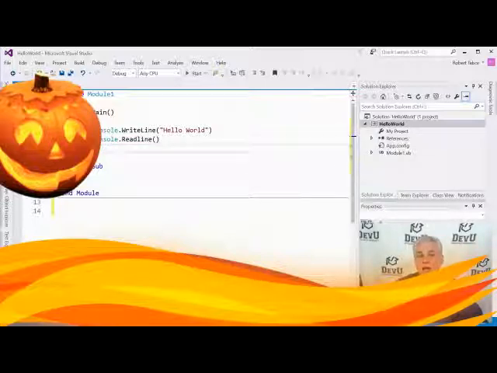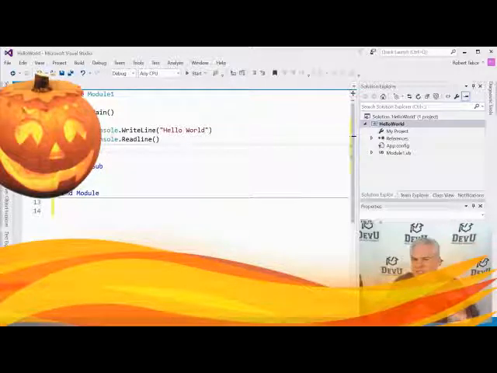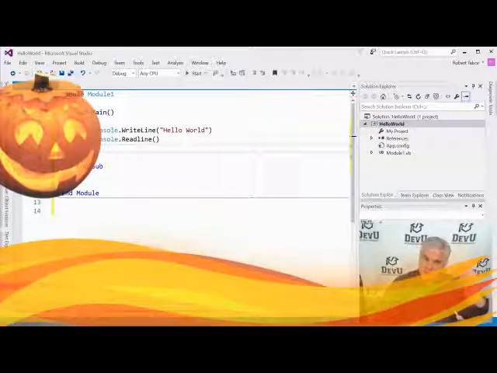So assuming you got this to work, then you're well on your way to building applications. You've already learned some of the most important lessons so far, whether you realize it or not. As you undoubtedly learned in this lesson, writing Visual Basic code is an exercise in preciseness. However, frankly, Visual Basic is probably the most forgiving of programming languages because it will always nudge you in the right direction, at least as often as it can. Or at the very least, it's going to show you where the problem was by putting a little red squiggly line or something along those lines, giving you errors in the error list that you can work from.